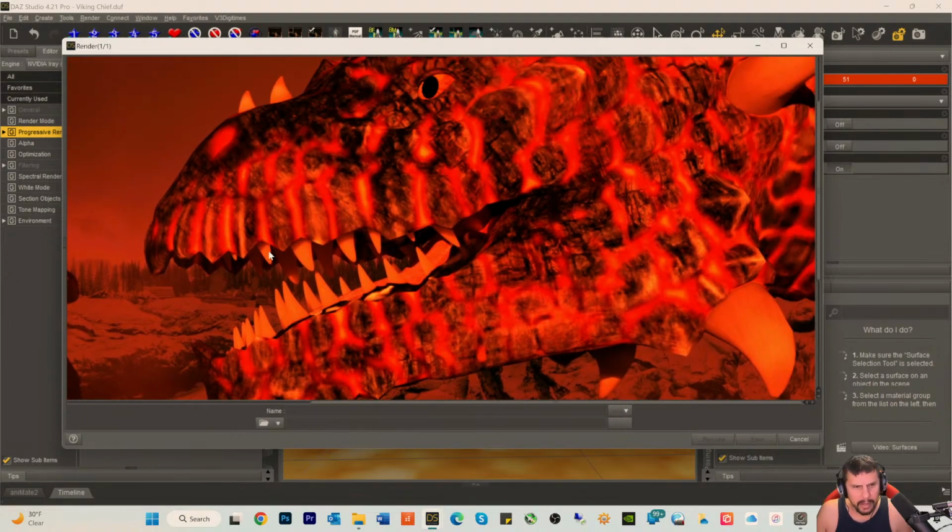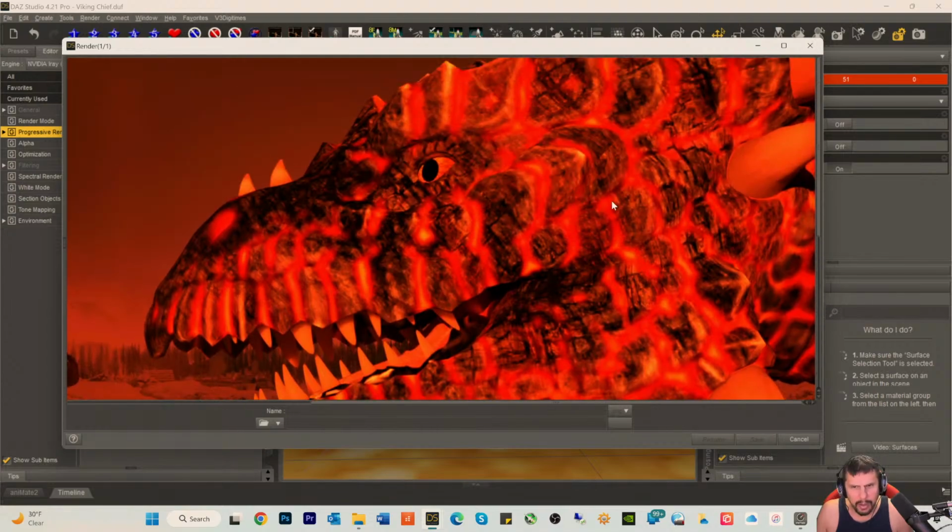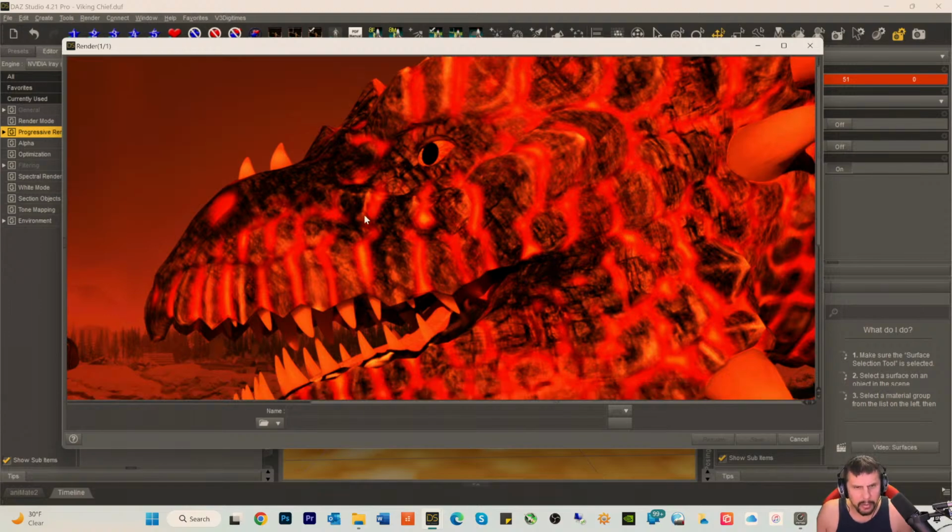This dragon looks like it needs SubD added to him. These are not as jaggy looking. But maybe it's just me. And see, this texture is not too bad on the dragon. It doesn't look really terrible. So